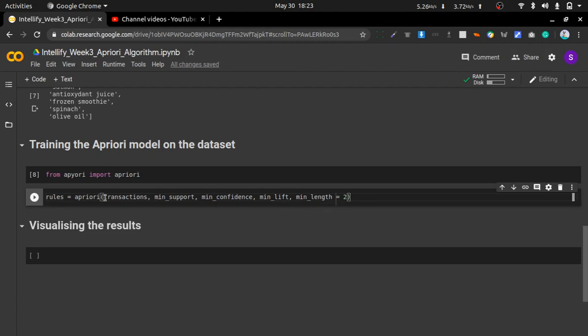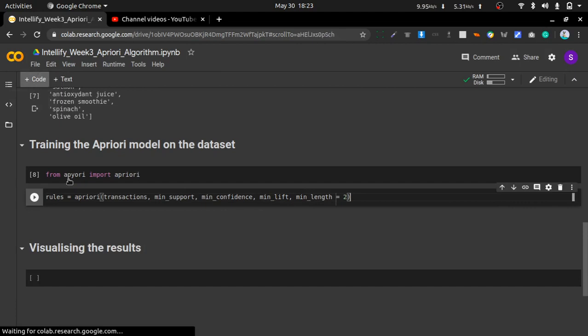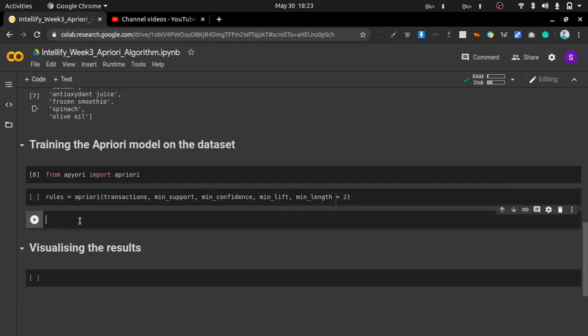Then this transaction, as you know, is the multidimensional array containing all the transactions. Then the minimum support, how to get that minimum support. Suppose you want to set support as 3 products per day. You want to sell 3 products per day, and this data, as I have said, is about transactions that happened in 1 week.